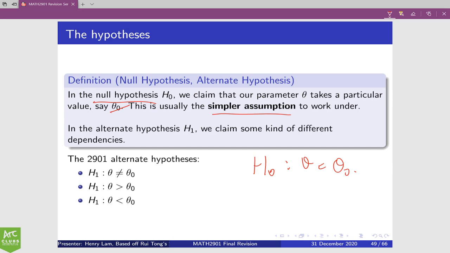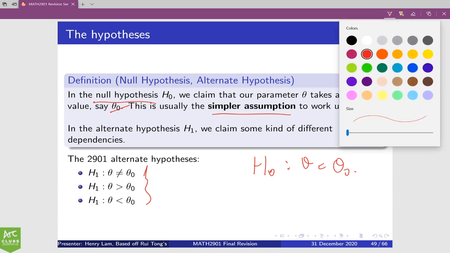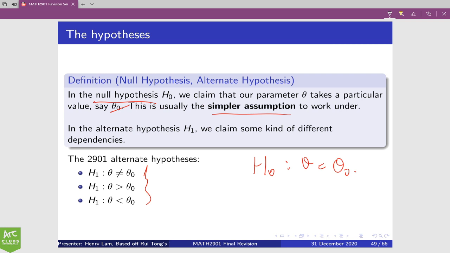And the alternate hypothesis can be any of these three. And the way you build your test is dependent on which of the three it is, right? Because if you recall, this could be two-sided, and these two are one-sided, right? And so it's important to recognize which one is your chosen alternate hypothesis,